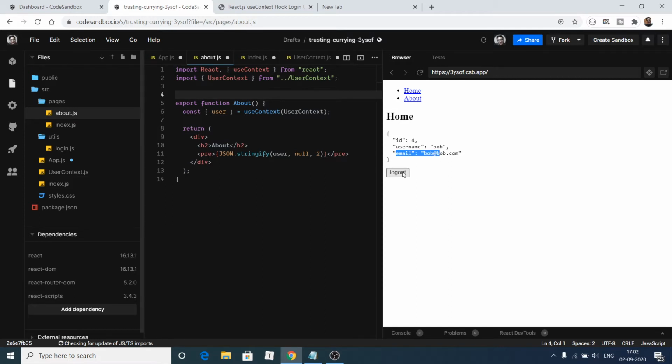So we are not retrieving this email address from any sort of database. We are just storing it inside a JSON object. If I open the about page, you will see this username will still exist because of the useContext hook. And if I open the home page, there is a logout button. If I click the logout button, this will again change to null, and now if I check the about page, it will stay null. So basically, all the two pages are synchronously linked with each other by using this useContext hook in React.js, which we will be looking at in this tutorial.